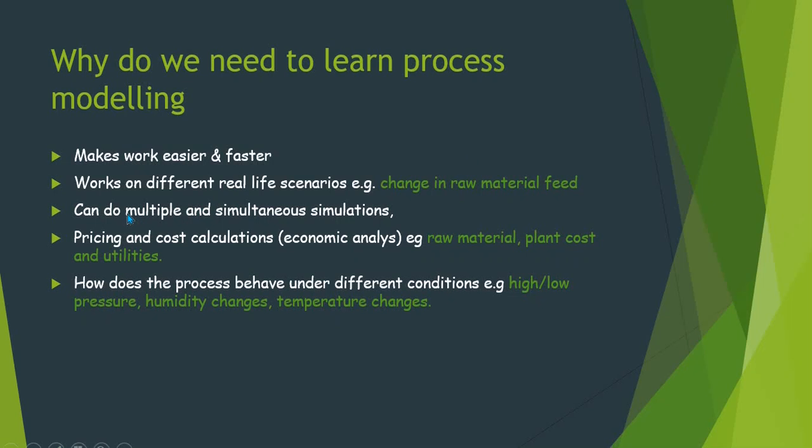And also it can do multiple and simultaneous simulations. You can do very many things at the same time. You can do the pricing and costing of your plant. In Aspen HYSYS this is called economic analysis, e.g. raw material, how much you need, the plant cost, and the utilities. Utilities like power, your water,